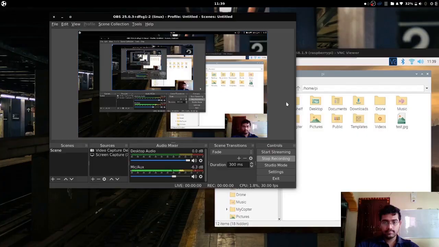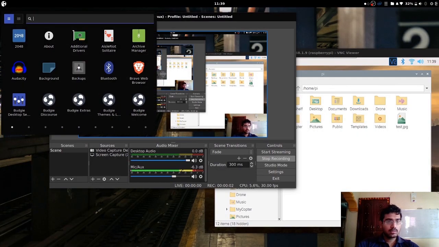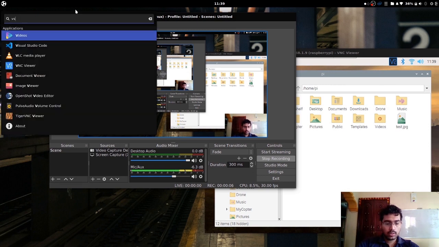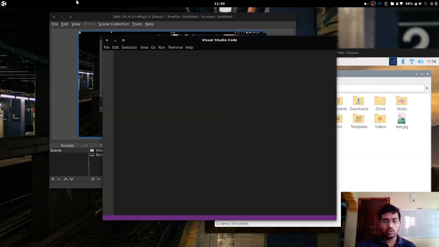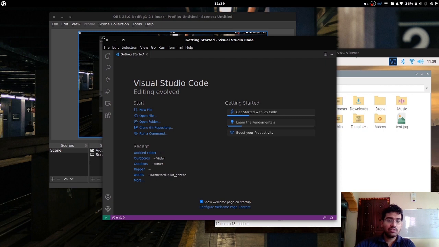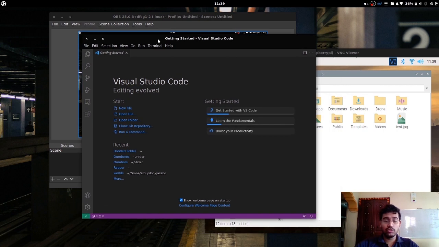So guys, let's get started. Let's write our first Python script. For that, you'll have to open your Visual Studio Code on Ubuntu. In my initial videos, I mentioned how you can connect Visual Studio Code to the Raspberry Pi through remote SSH. So go ahead and connect that.